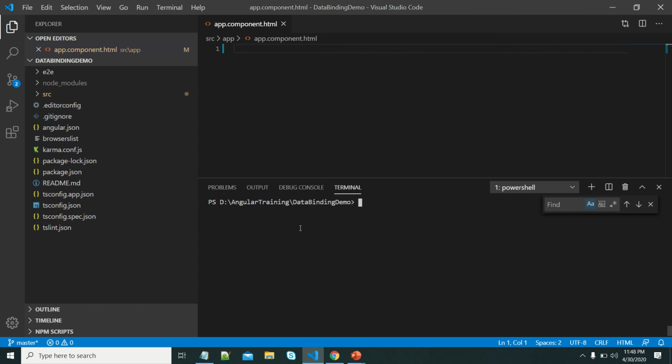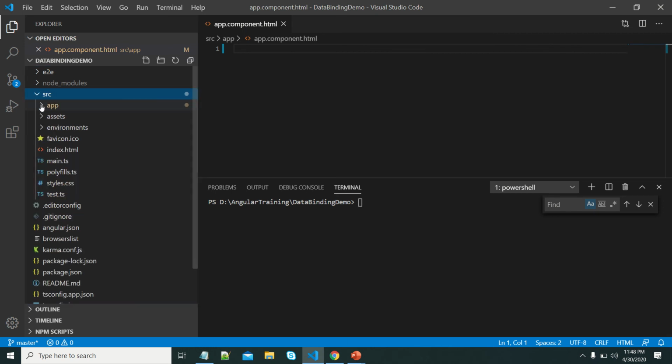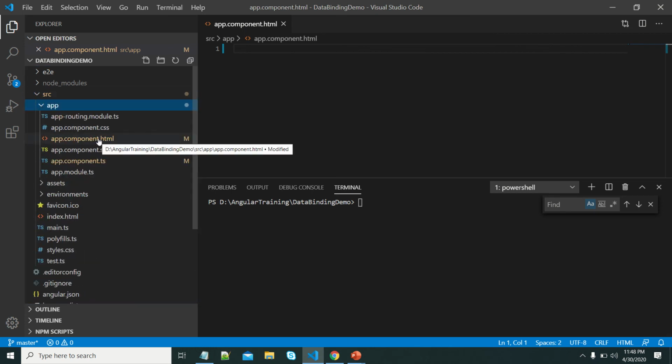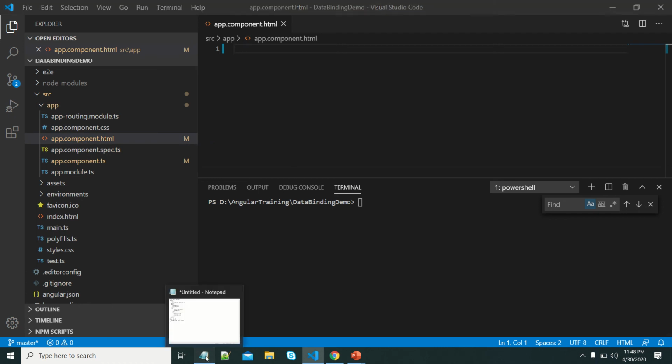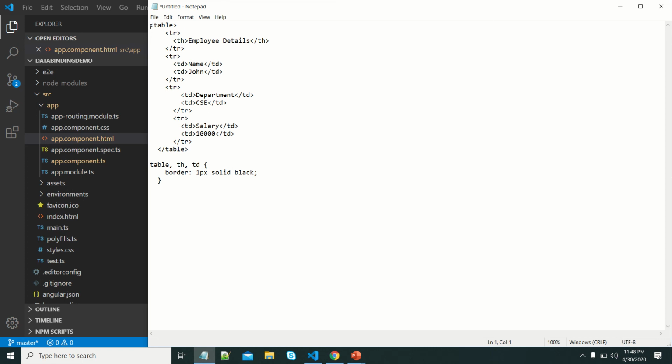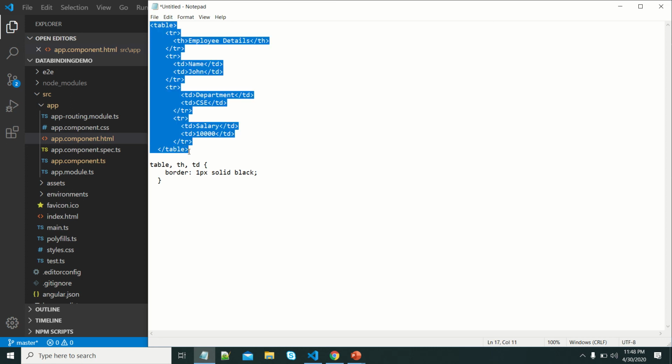This is a simple application created by Angular CLI. Let me write one table here. I have copied some table elements; let me copy this to save some time.